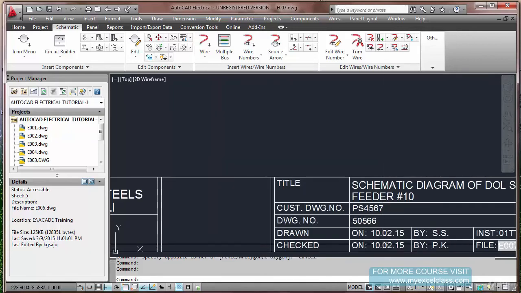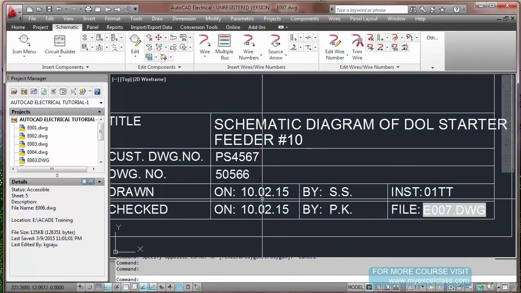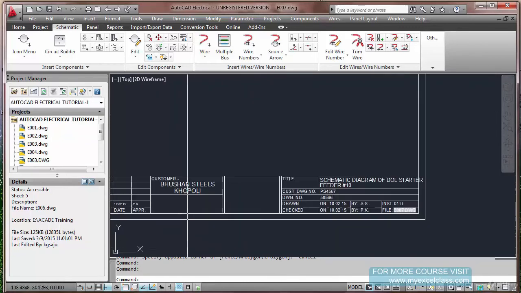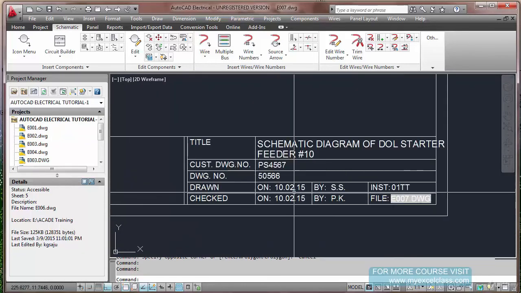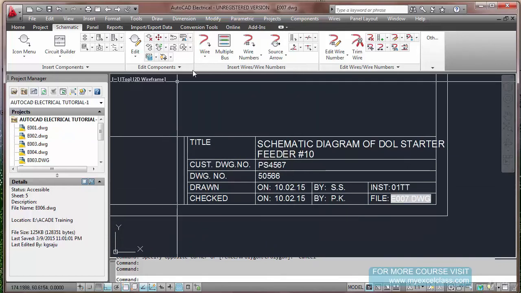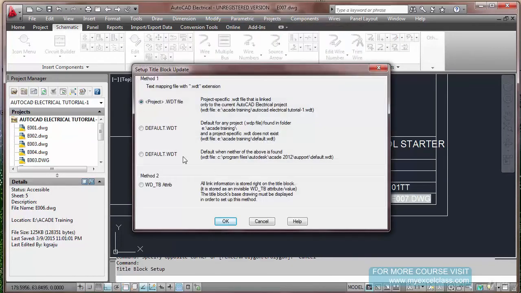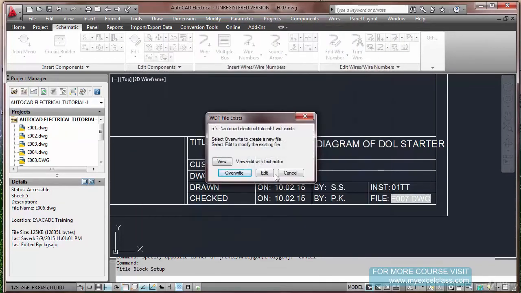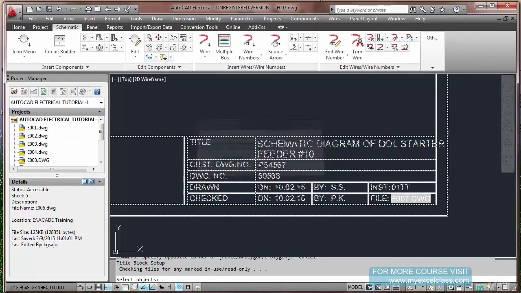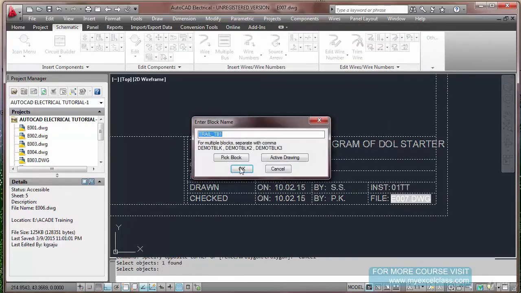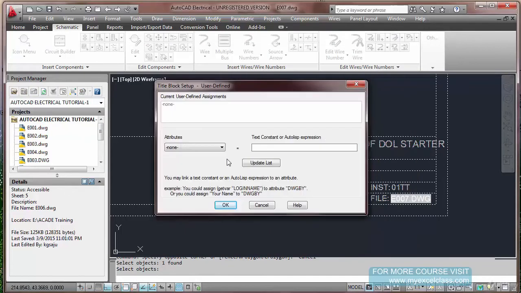Now again, we have changed only Khopoli. If you want to change these 2 dates, instead of 10 you want to put 8, go back to project, title block setup, WDT, OK, override, pick this block, OK, user defined.